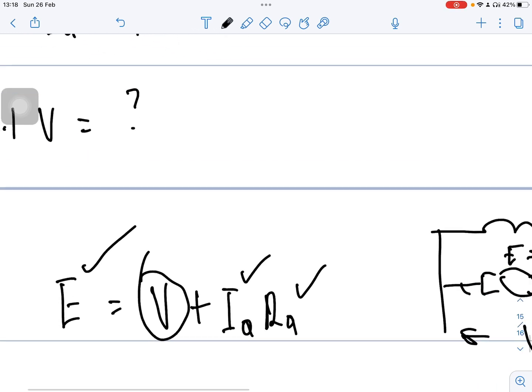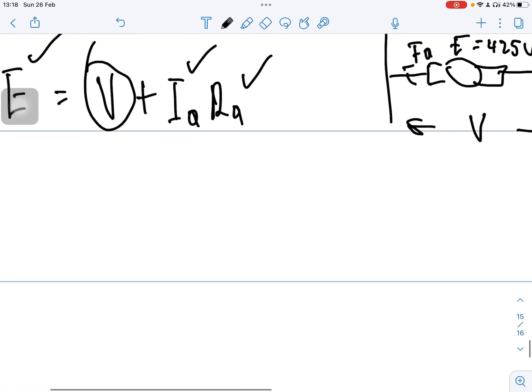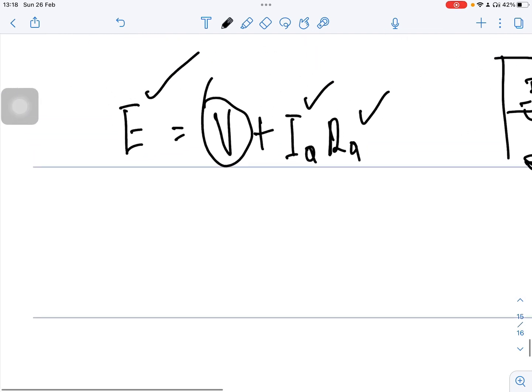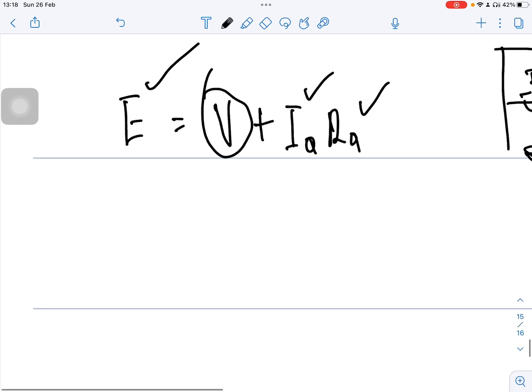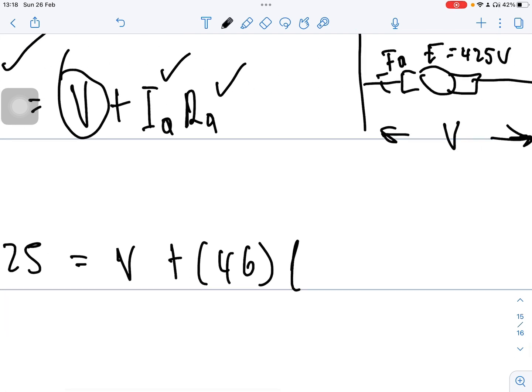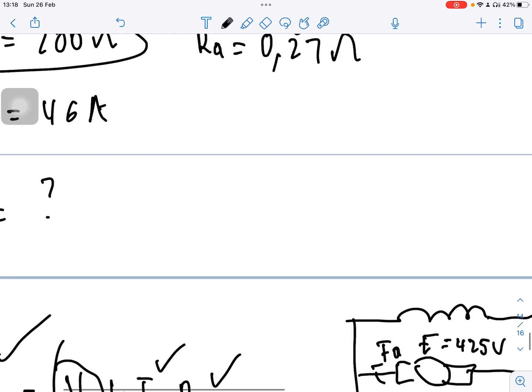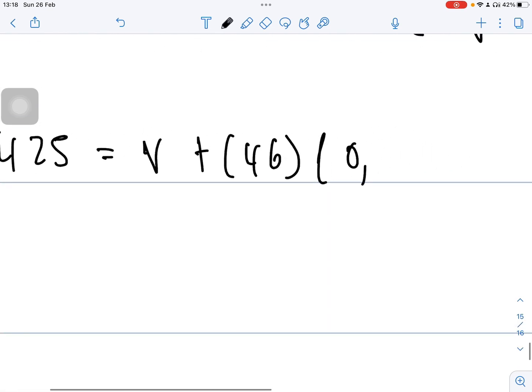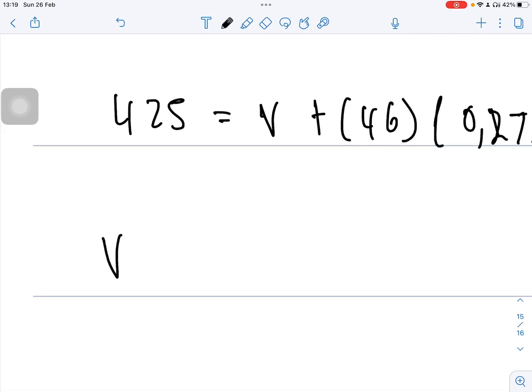Then we are given the armature current, which makes this problem very simple. It's a matter of substituting and finding V. So 425 is equals to V plus I armature 46, then the armature resistance is 0.27, meaning V is equals to